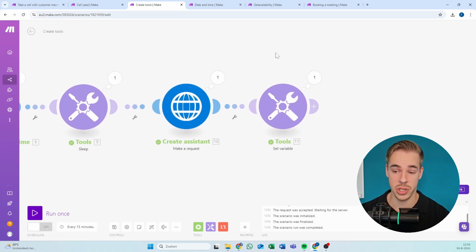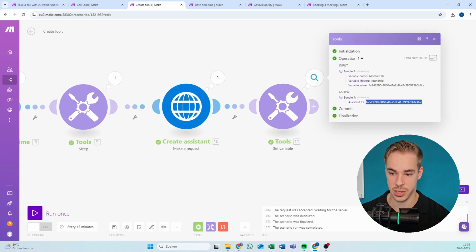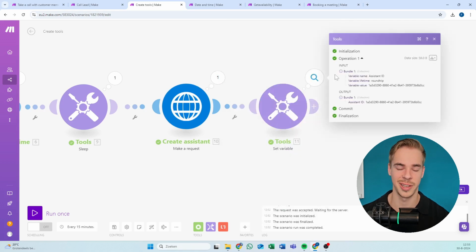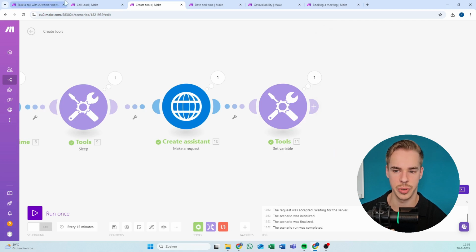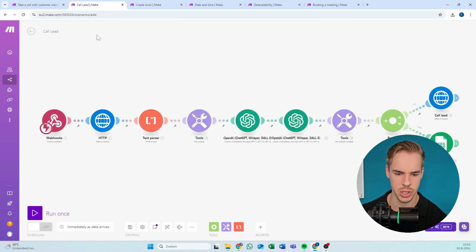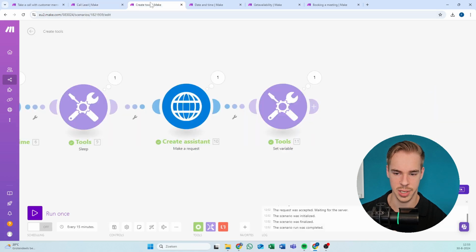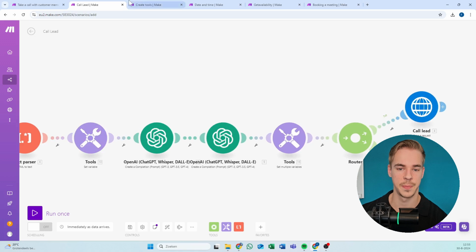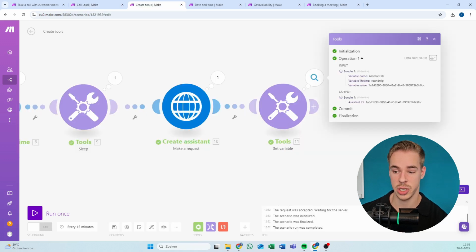So this is the result, assistant ID. Before we do anything, that's why I made this variable, so you don't even have to look for it right here. You can just go here, click on the magnifying glass, and copy this. So not this one right here, copy this one, the output one, copy it. And this is the one that you're going to have to put in, let me remember, either this one, or because this is the appointment setter, and when you call a lead, you're going to copy this one,